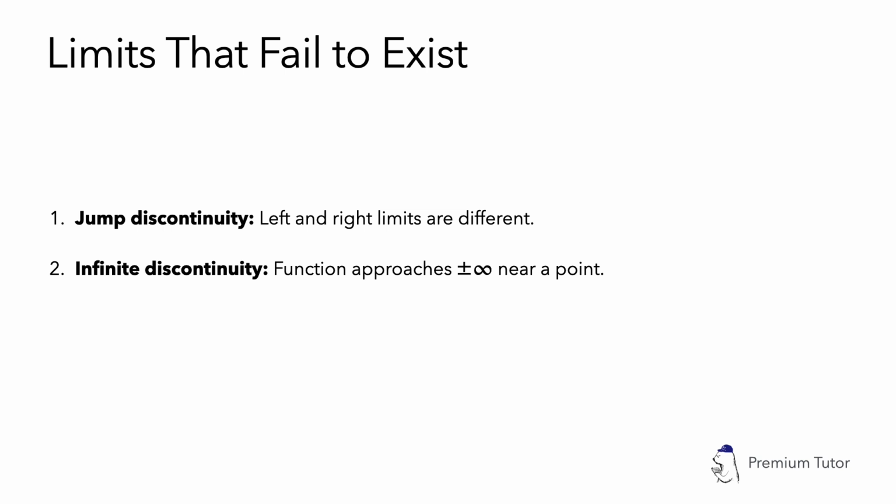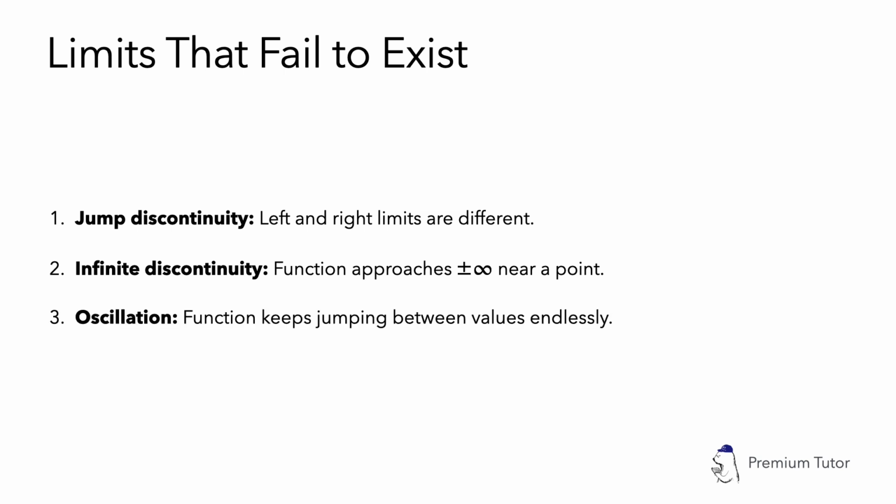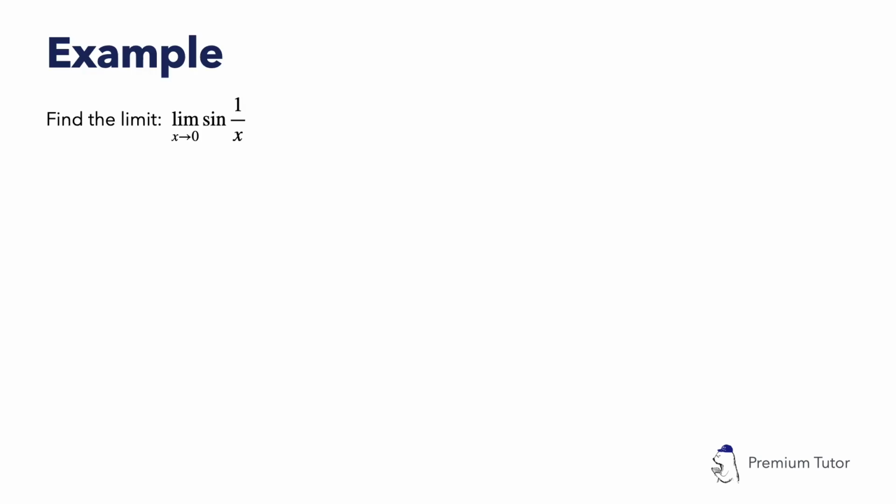And finally, oscillation, where the function keeps swinging back and forth like sine of 1 over x near 0, never settling on one value. So when a limit doesn't exist, it's not because math fails, it's because the function has more to show us. Let's look at the really interesting example, the limit of sine 1 over x as x